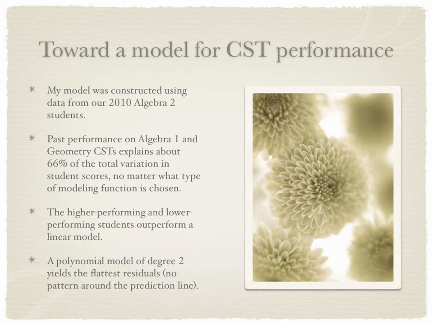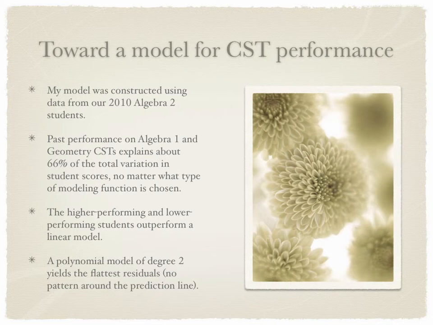Past performance on Algebra 1 and Geometry CSTs explained about 66% of the total variation in student scores, no matter what type of modeling function was chosen, be it linear, polynomial, exponential. The higher performing students and lower performing students both outperform a linear model. So basically what you see when you use a linear model is that there's a curve up in the residuals